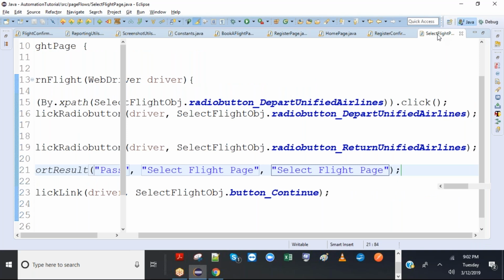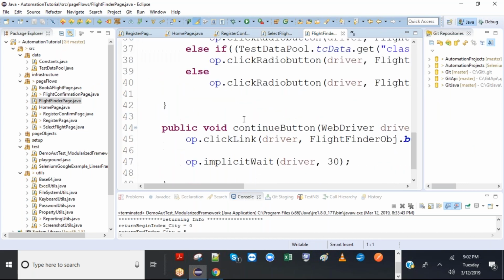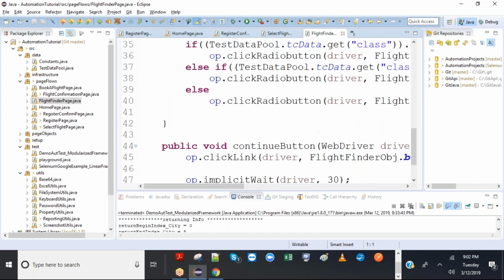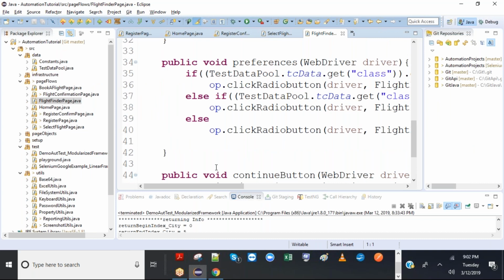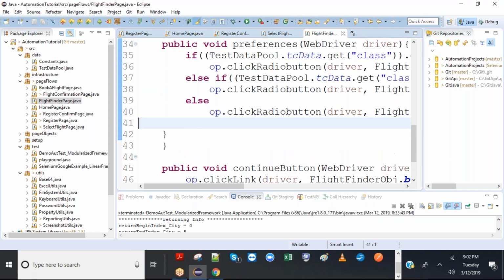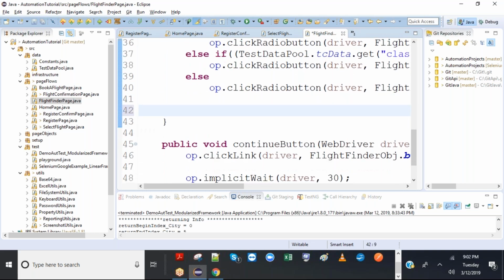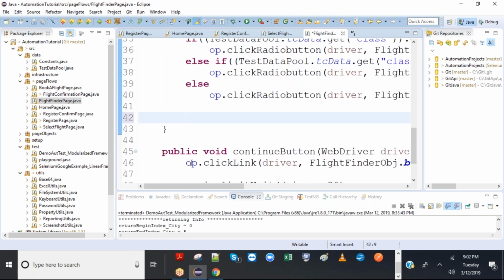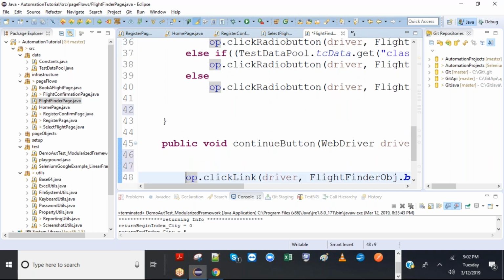Then flight finder page. Okay, so for the flight finder page I also created a continue button separately. So before calling this, we have to put it in. We can put it before clicking the link here or here. Both will be the same, right? I don't know which one will be called, so just put it in the continue button only and call it here just before. So it's either way, the same thing. It's your choice.